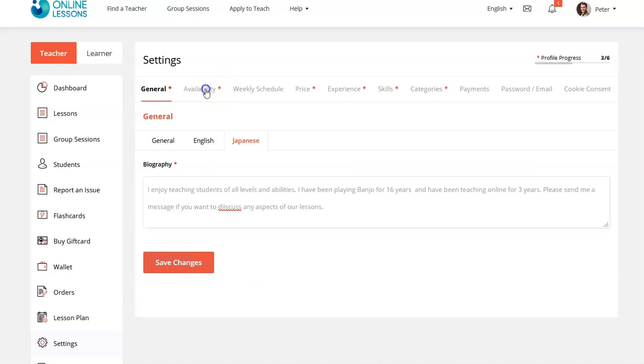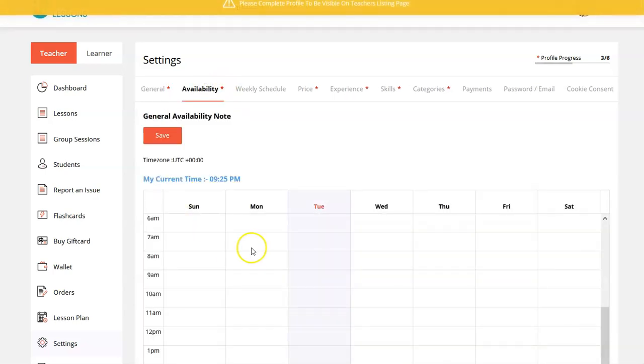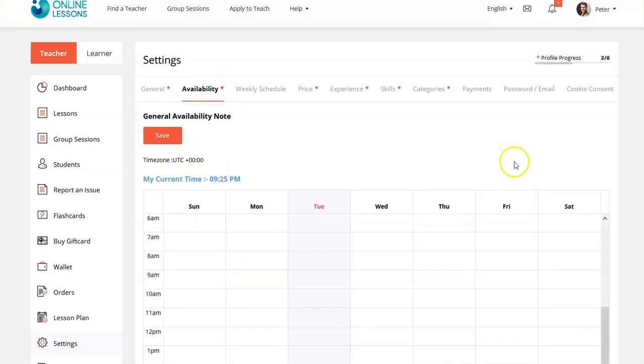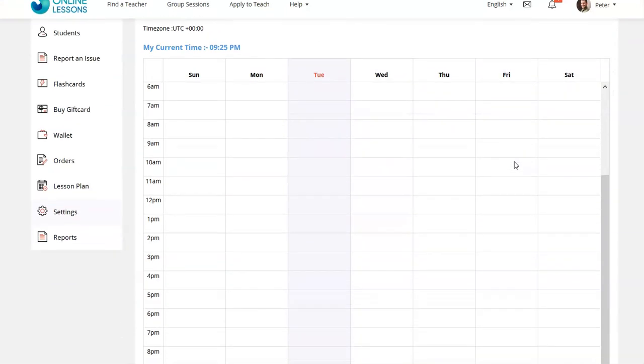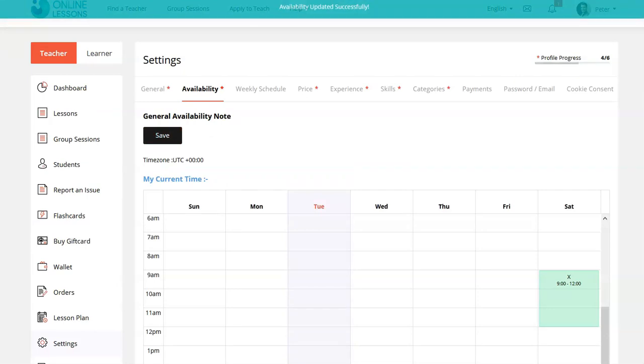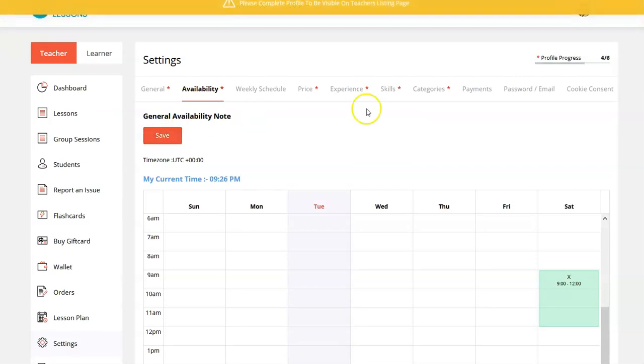So we'll click on Availability, and here's our calendar. So this is the general availability. So it depends on what days in the week or what hours of the week you want to pick. But let's say that you've got a fairly standard routine where you know that you're going to be free on Saturdays, maybe Saturdays 9 a.m. to 10 o'clock. Okay, we'll do it from Saturday 9 to 12, and then maybe we'll do Saturday evenings as well. So we'll go 6 to 8 on Saturday evening, and then we'll click save,